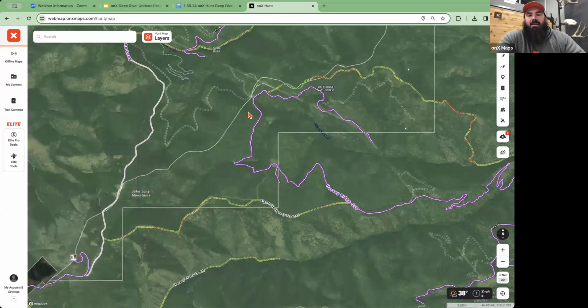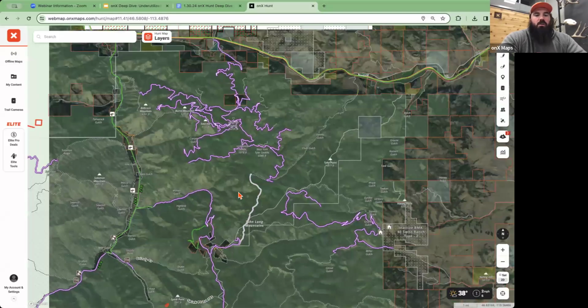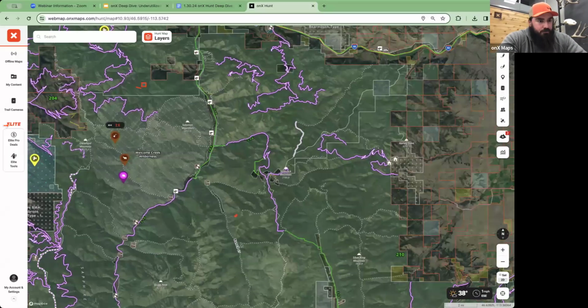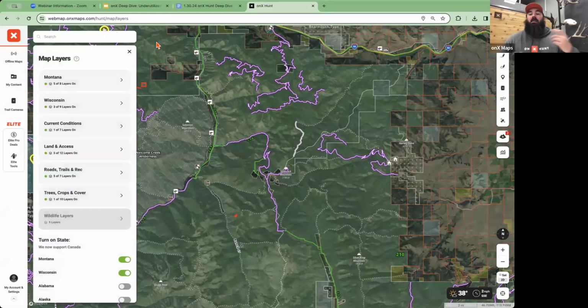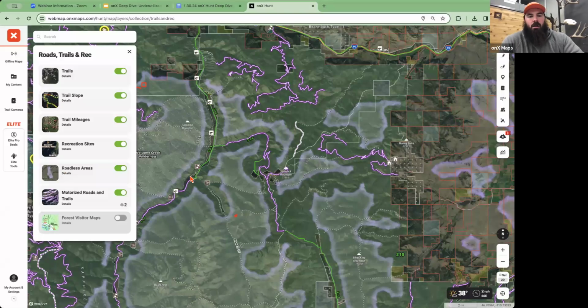So that's the motorized roads and trails in a nutshell. More useful if you're living in an area with some Forest Service administered land. Of course, more so if you're a public type hunter. Staying in that folder, our next layer I want to talk about is the roadless areas layer. So I'm going to turn that on, and you can see immediately this kind of purplish gray shaded coloration shows